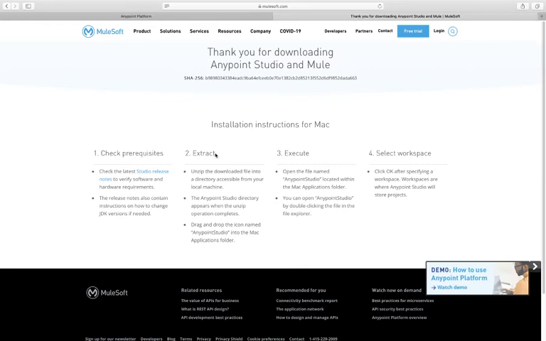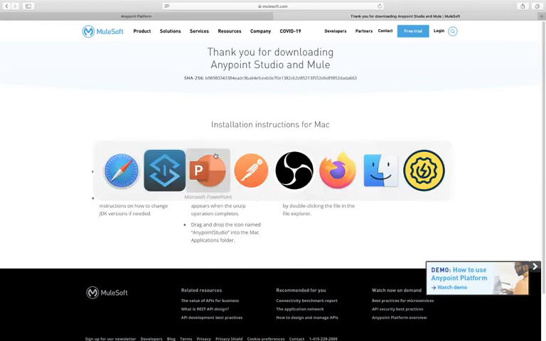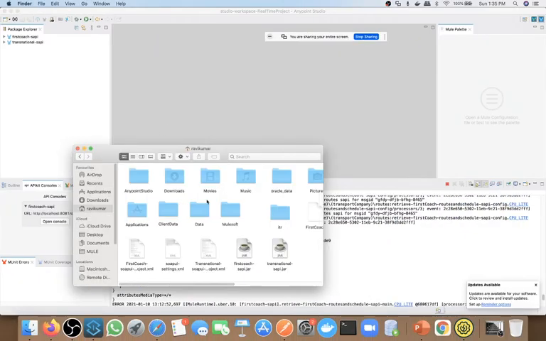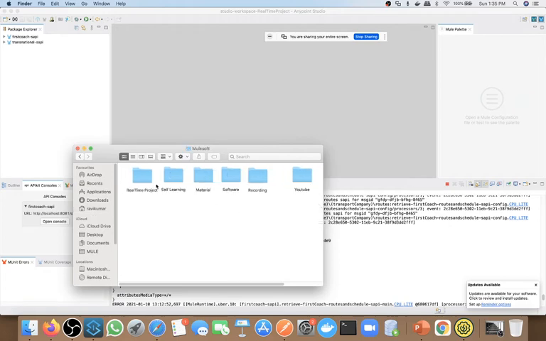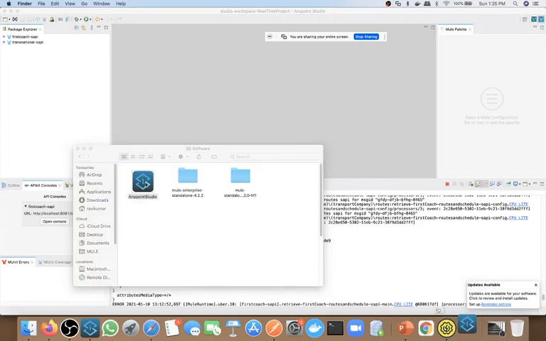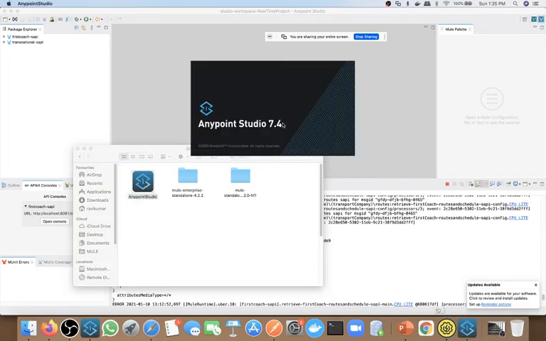Since I have already downloaded it, you can see here I already downloaded this software, so I will just click on this and the software will start.